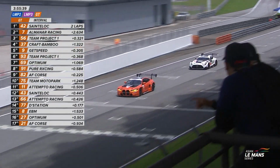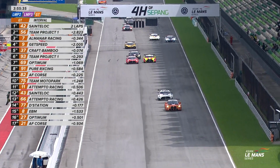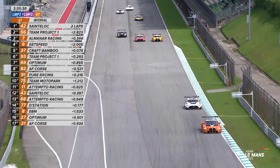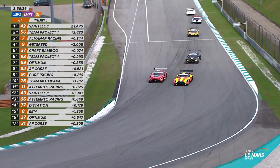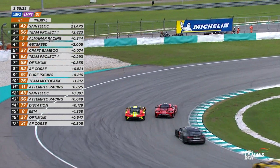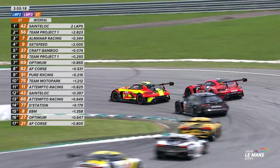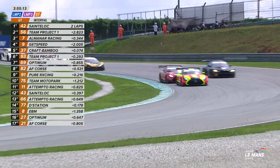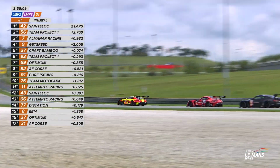Behind, though, the white Ferrari of Kai Cozzolino beginning to make waves through the field, again coming through from the rear of the grid. The gold-rated driver, as 2 AMGs of Craft-Bamboo Racing and GetSpeed Racing contested 4th place. For the moment, Anthony Liu fending off the red car from GetSpeed. A much, much better start to the race this time for the Hong Kong team after disaster at turn 2